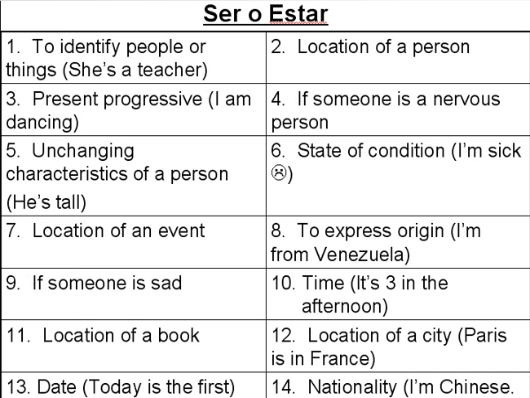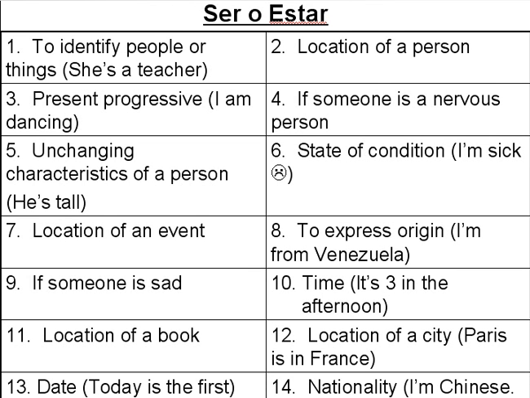So to identify what people are, like if she's a teacher or my dad's a police officer, we're students, we're always going to use ser for that one. So for example, ella es maestra, she is a teacher. For number 2, where a person is located. So for location of anything that's not an event, we're going to use estar. Yo estoy en la clase, I am in the classroom.